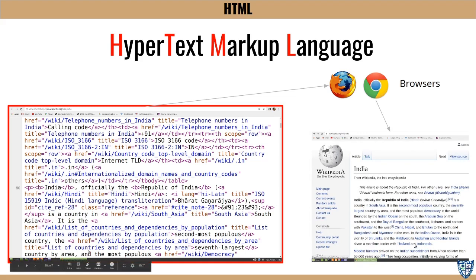So in the first three modules, we will learn how to write HTML code and then open it in a browser and see how it looks. Once more, we will learn HTML code and then open it using any of the browsers, and then we will see how it looks in a browser. So this part is what we are going to learn.